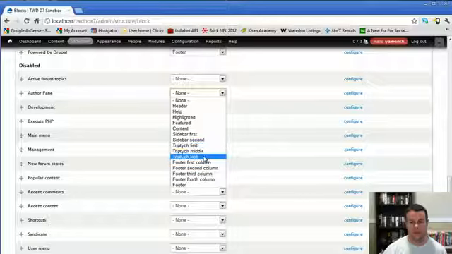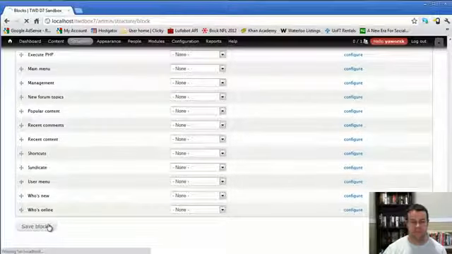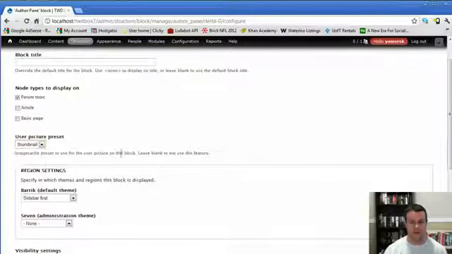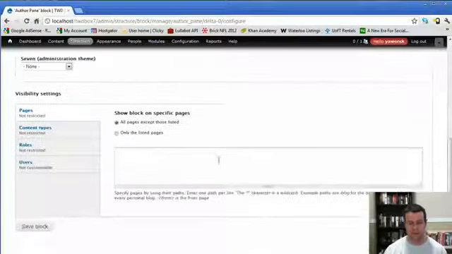So we're going to go ahead and put that in the content first, and we'll save that. So with that saved, if you scroll down, we're going to go to actual configure, and we've got to choose which node types we're going to show it on. So we're only going to show it on form topic, and we'll use the thumbnail for the picture preset. I actually don't have a user picture set up, but you'd want to use that if you're going to use your user images. So with that saved,